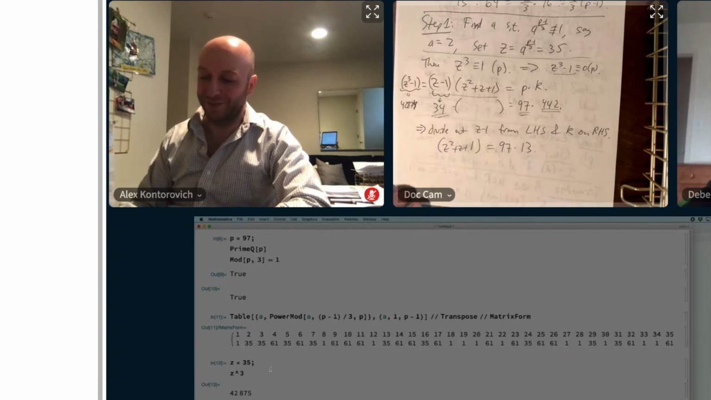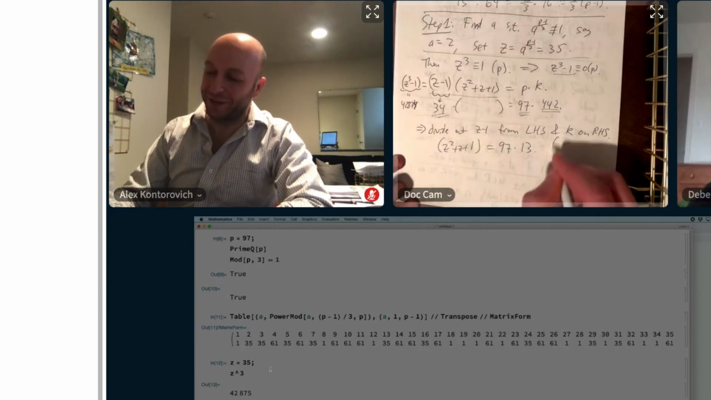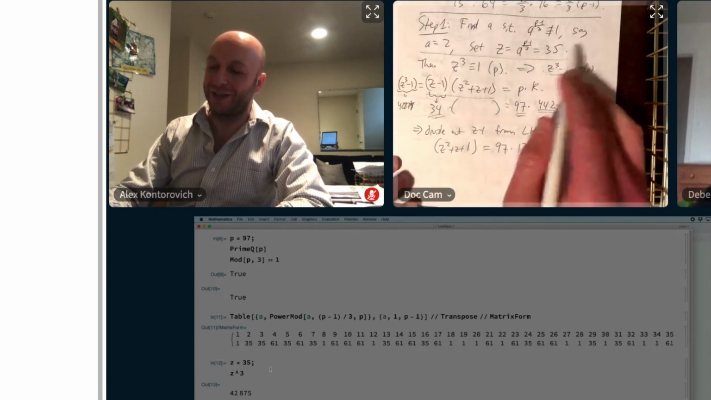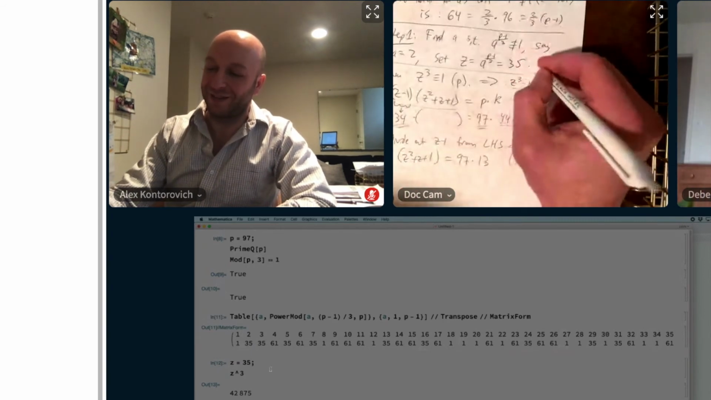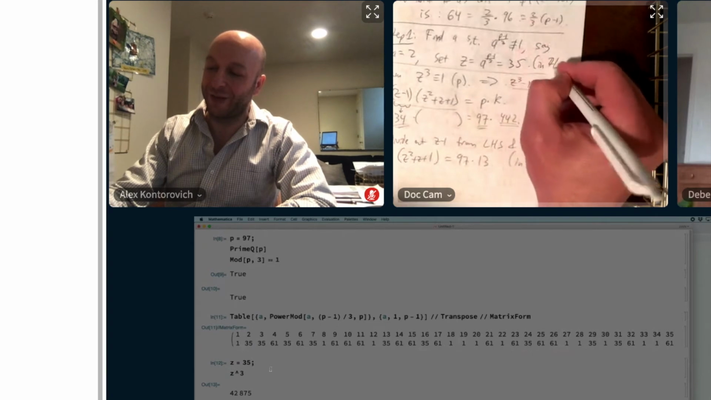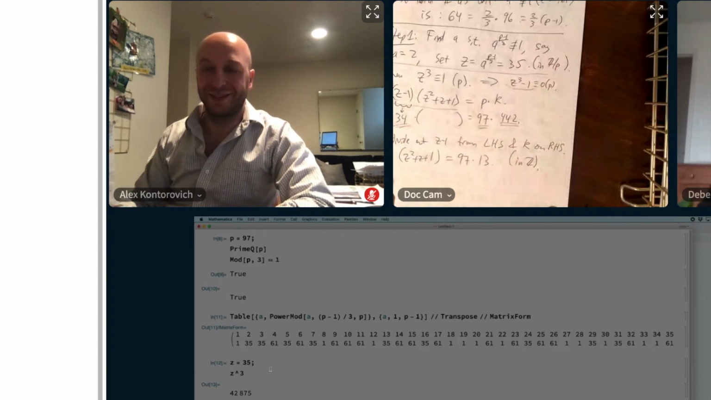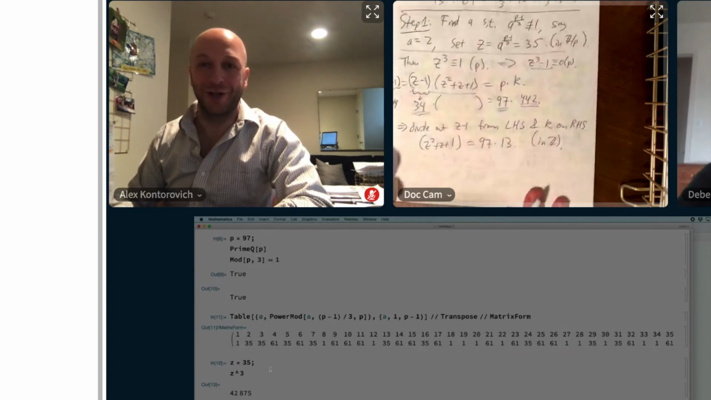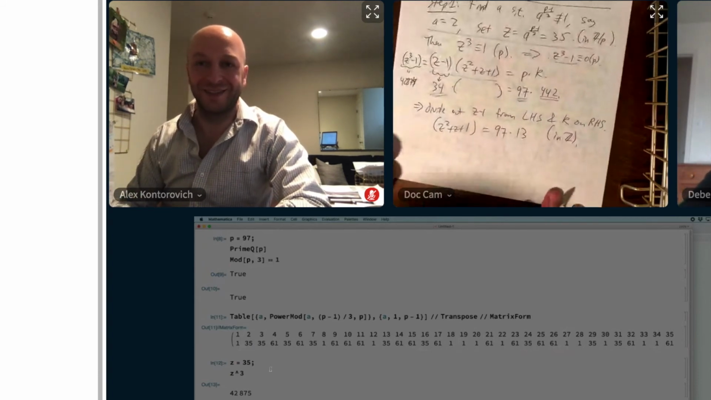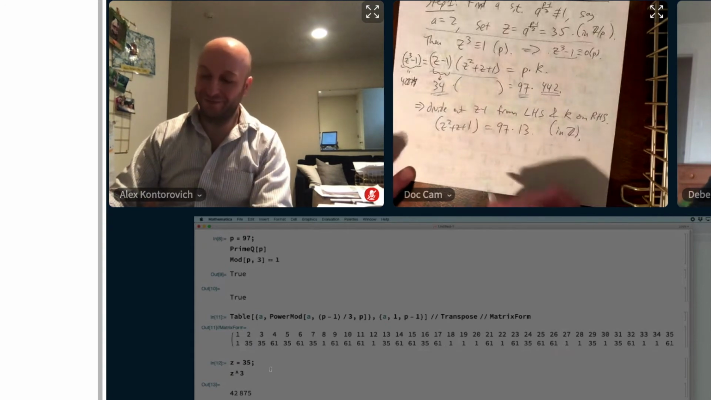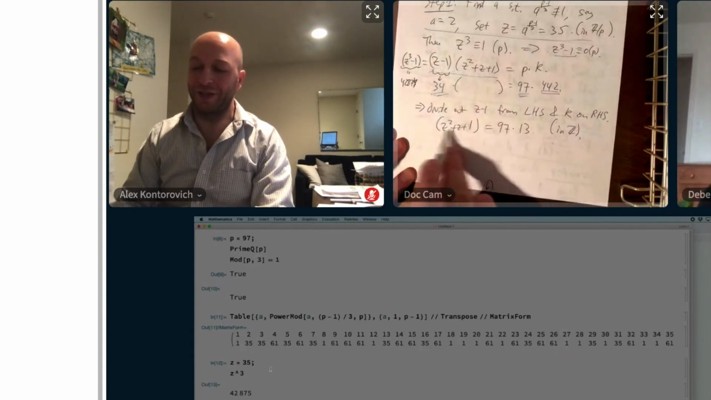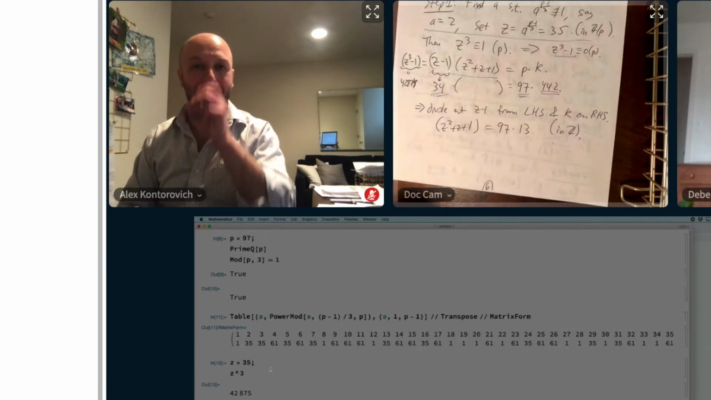Okay? So this is still an equation in the integers. We took an equation in Z mod P, we raised it to an equation in the integers, and now we're going to raise it to an equation in... what am I going to do with this Z squared plus Z plus 1? I'll factor it as